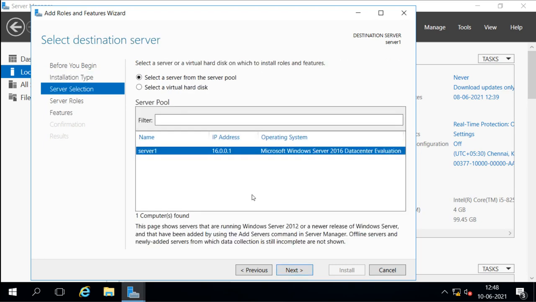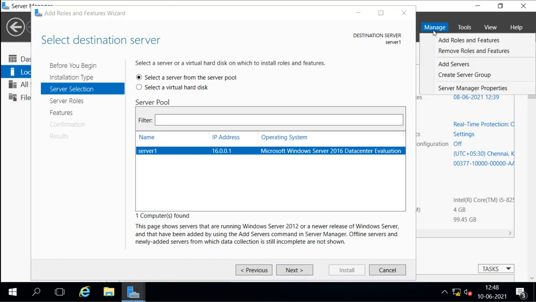Now here it is asking which server you want to install on. Remember, I told you that in the server manager we can connect multiple servers to manage. For installing these roles and features, we can only do it from the server manager. We can also do it from PowerShell, but only when we connect to that remote server.